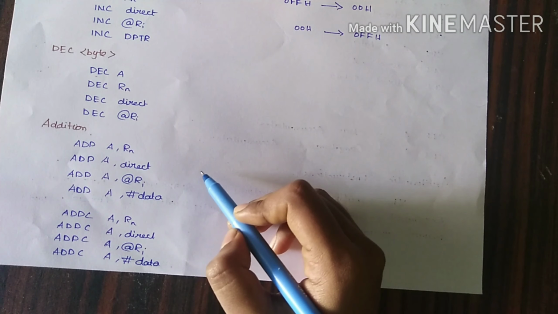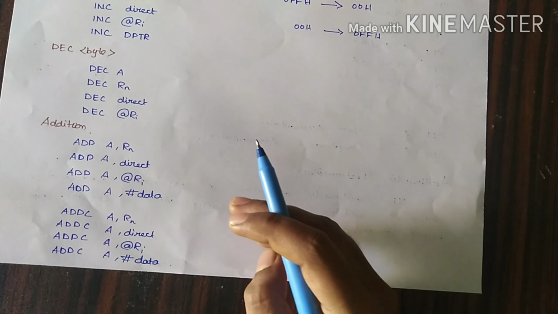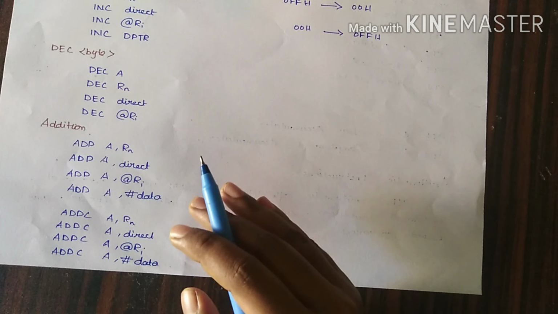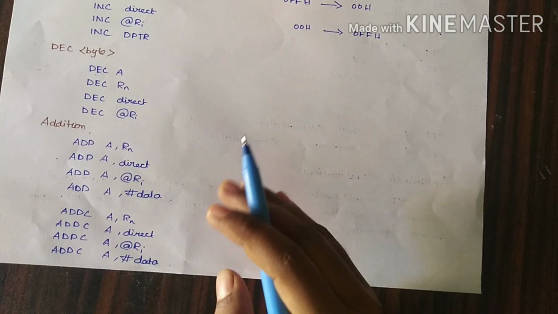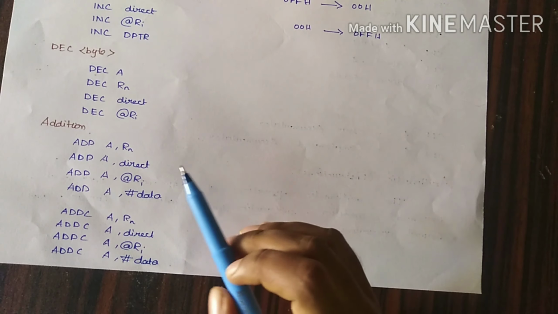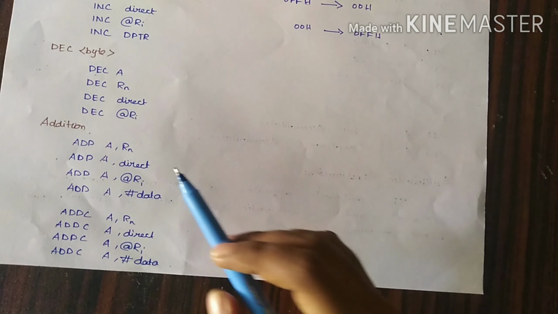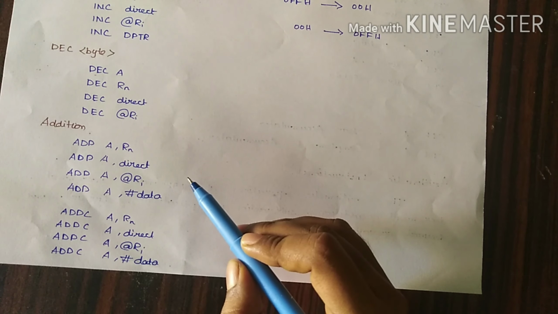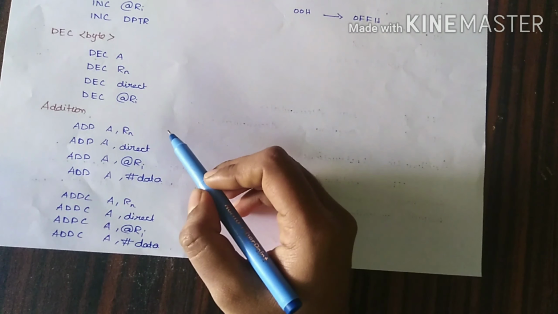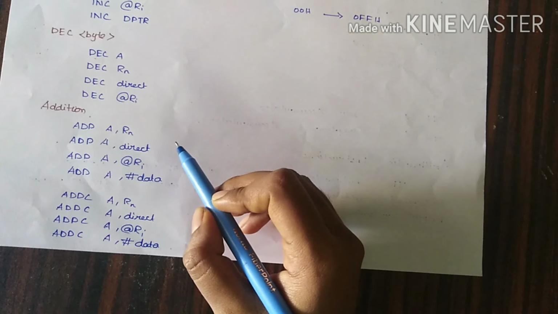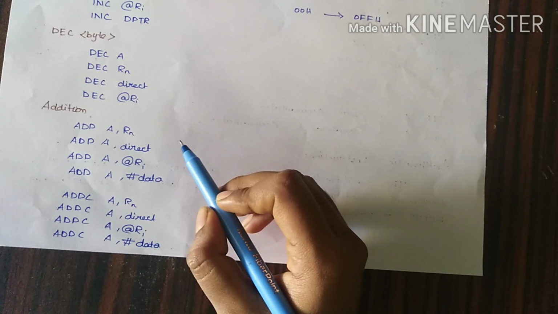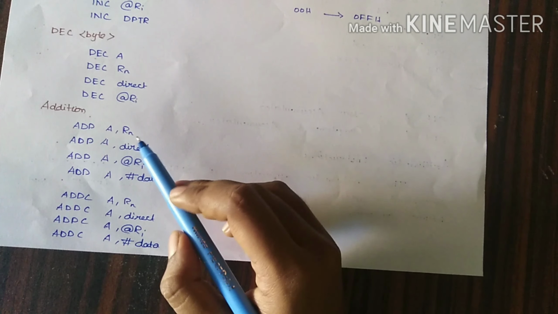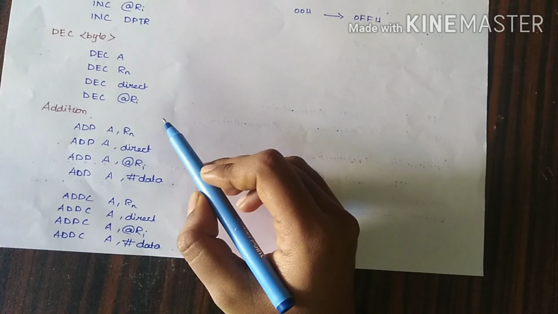Here in these instructions, the flags like carry flag and auxiliary carry flag will be set or left free based on the result of these instructions. For example, if there is an overflow in bit 7, then the carry flag will get set, or if there is an overflow in bit 3, then the auxiliary carry flag will get set. Here, even though there is a value in the carry and auxiliary carry flags, this addition operation ignores those values.